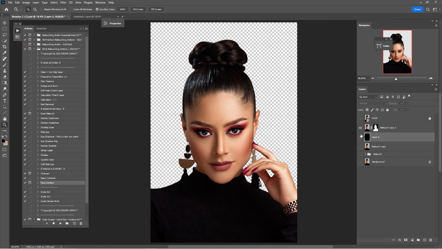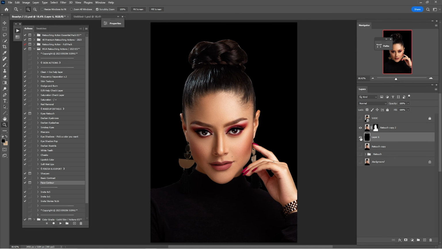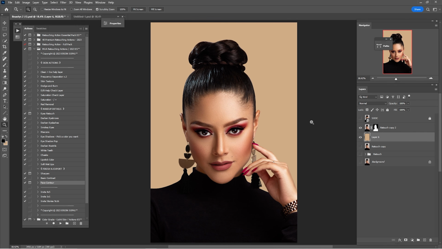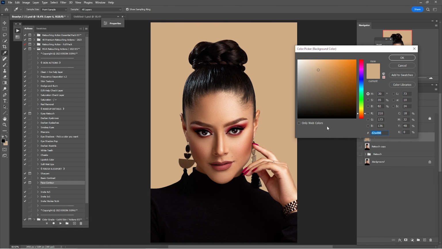So here you are. This is my selection that I have done manually with the pen tool, and I think that is looking okay. Now I'm gonna press Control and Delete for the right color that I'm looking for, and that one is this one with the code